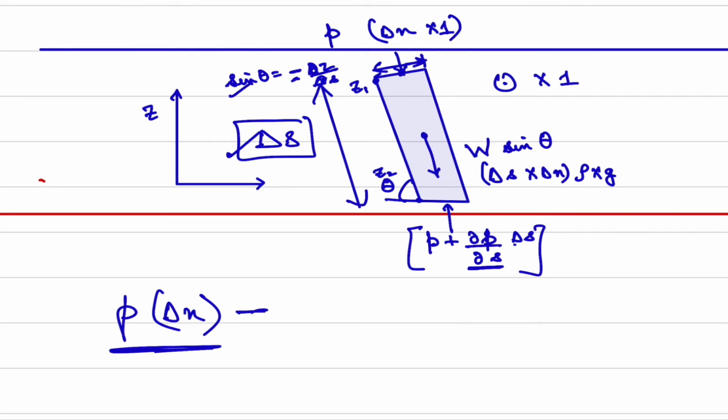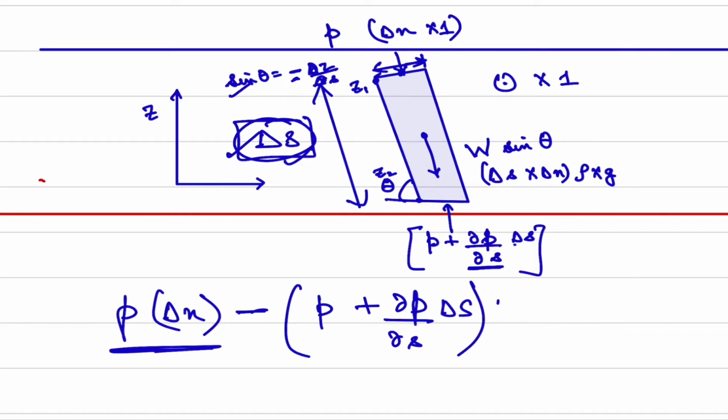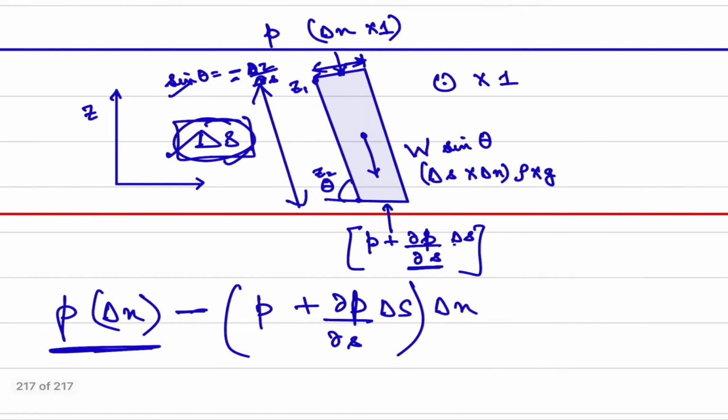Since this is acting along the direction of del S, we will consider it as positive. Anything acting opposite to this direction of delta S would be considered negative, because we are deriving the expression around this generic direction. So we can write this second term as P plus del P upon del S into delta S multiplied by delta N, and